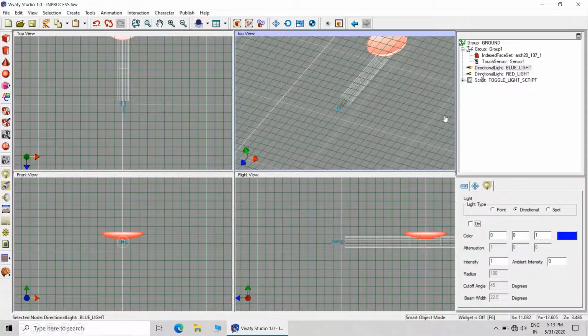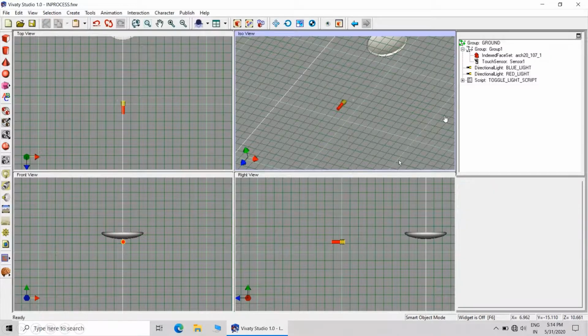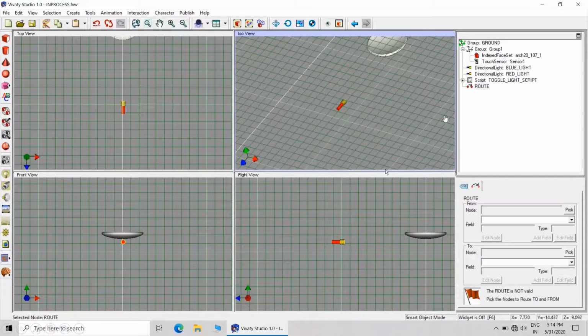So you just make it off, uncheck the light on checkbox.